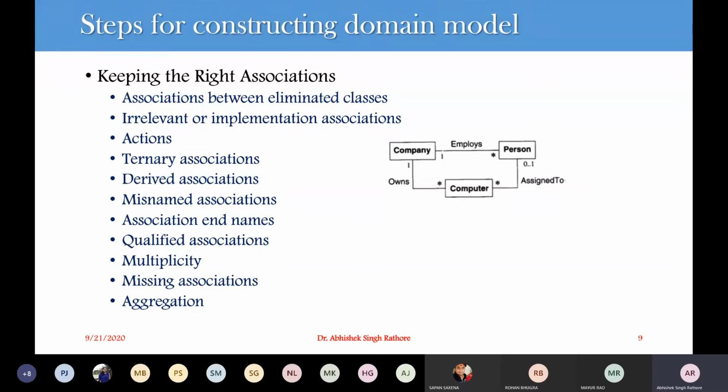Then the next criterion to find the right associations is that we should go for qualified associations. So what are these qualified associations? Usually a name identifies a particular object in a particular context. Most of the names that we are using are not globally unique. So when we are considering this context, the context combined with your name uniquely identifies the particular object.